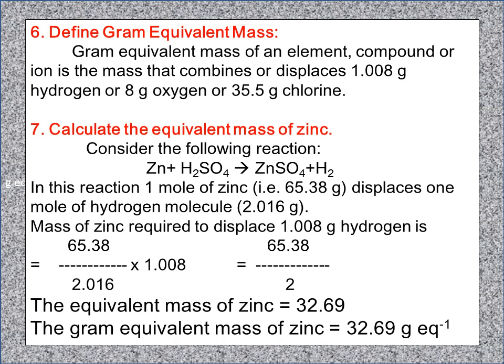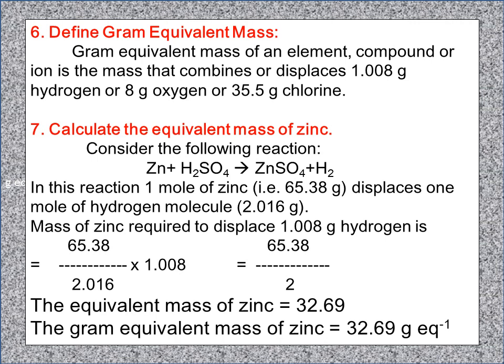Now, 1 mole of zinc displaces actually how many moles of hydrogen? Here on the right side also 1 mole of hydrogen is there. So 1 mole is nothing but 2 hydrogen atoms. So 2 into 1.008 will be equal to 2.016 grams. That is, 1 mole of zinc means its atomic weight is 65.38 grams. 65.38 grams of zinc will displace 2.016 grams of hydrogen.